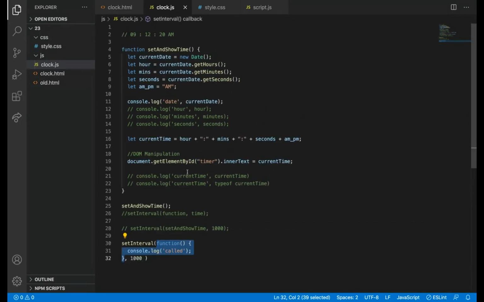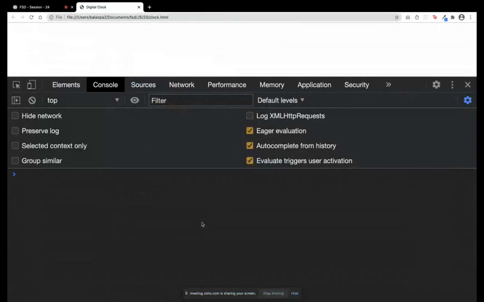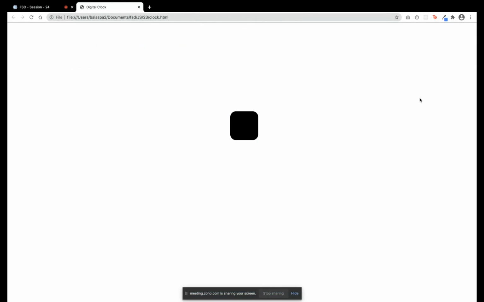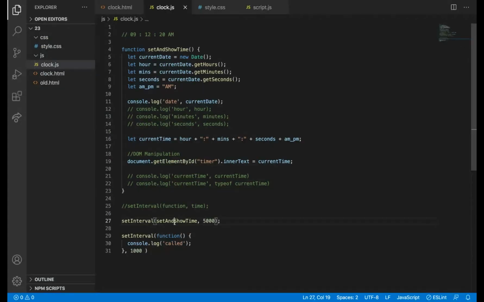I want to call this function the first time also, because if I have not given that and I'm just giving this, saying after 5 seconds update, then the first time it won't get updated. After 5 seconds only, it will get updated. Can you understand now? So this will start getting executed after 5 seconds. So I need to call this function before that also. So the first time I am calling it on my own.